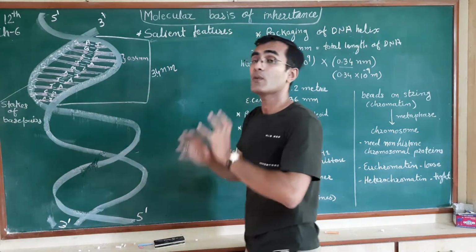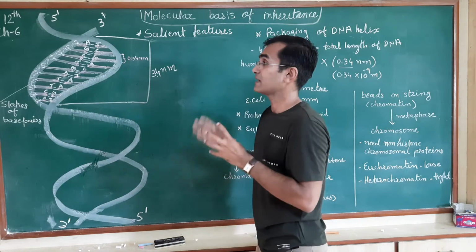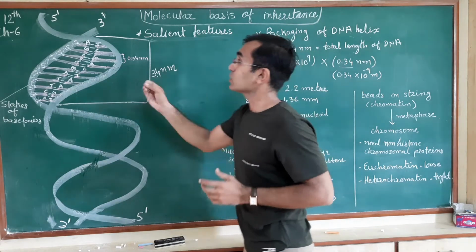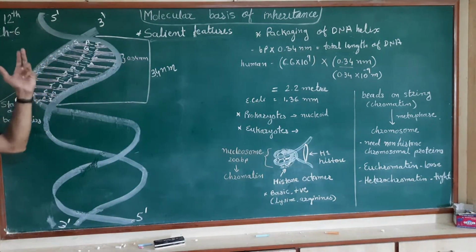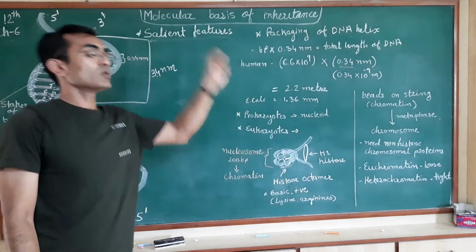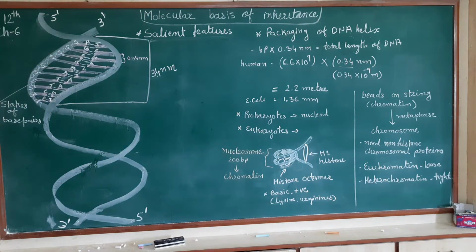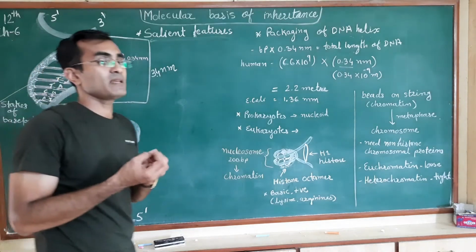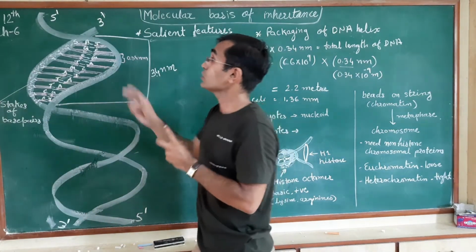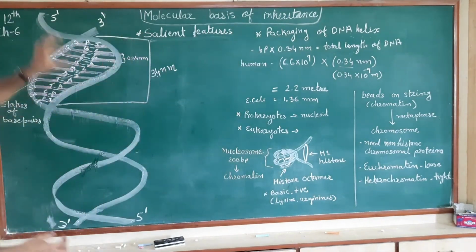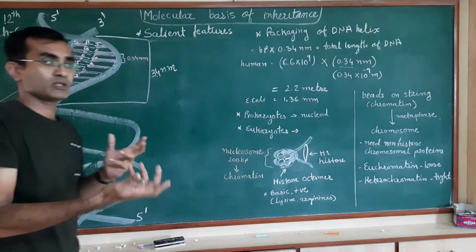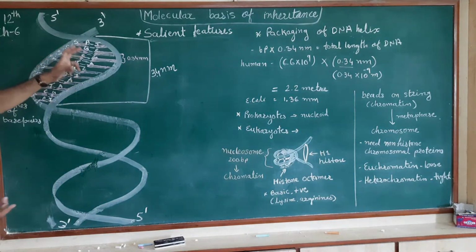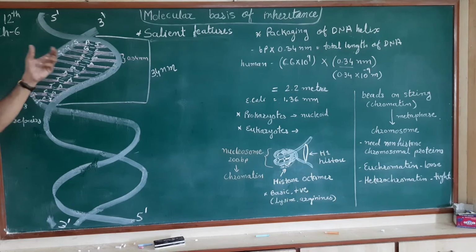In case of the DNA, uracil will not be present, that will be present in RNA. So there will be a presence of four nitrogenous bases: A, T, G and C. Adenine will always bind with thymine and guanine will bind with cytosine. As we know from the structure of nitrogenous bases, adenine and thymine have two free groups, so they make two hydrogen bonds, whereas guanine and cytosine make three hydrogen bonds. Vice versa, thymine and adenine make two hydrogen bonds, whereas cytosine and guanine make three hydrogen bonds.